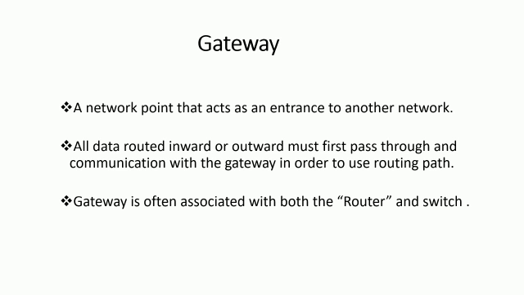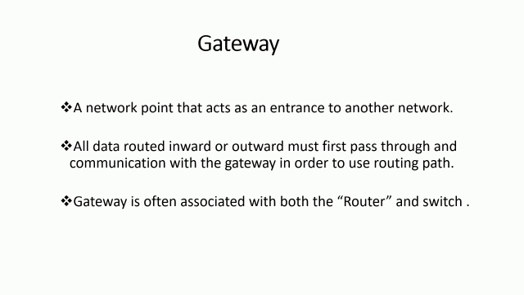It acts as an entry and exit point of the network. All the data routed inwards or outwards must pass through and communicate with gateway in order to use the routing paths. Generally, a router is configured to work as a gateway device in the